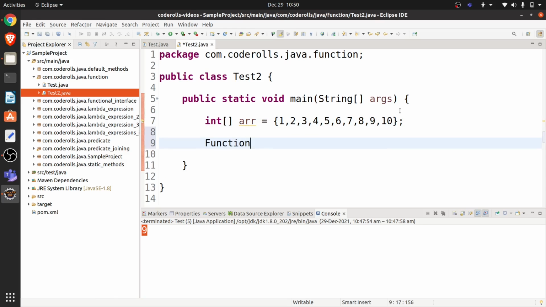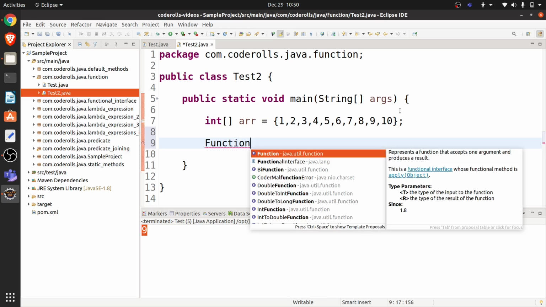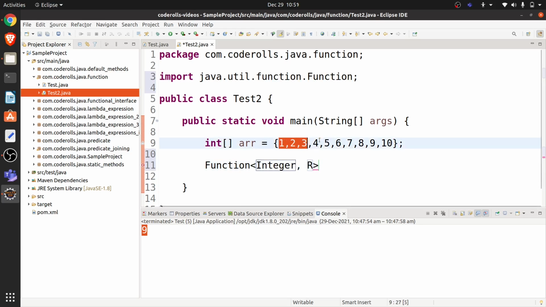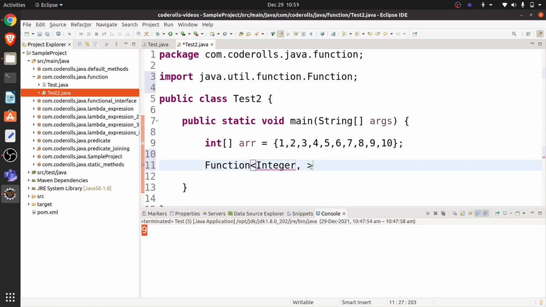Okay, fine. So here we will write a Function from the java.util.function package. Now here our input parameter is Integer, because we will be working on each element of the array, and it is Integer because it is an int array, and we will be returning the square of that particular number.